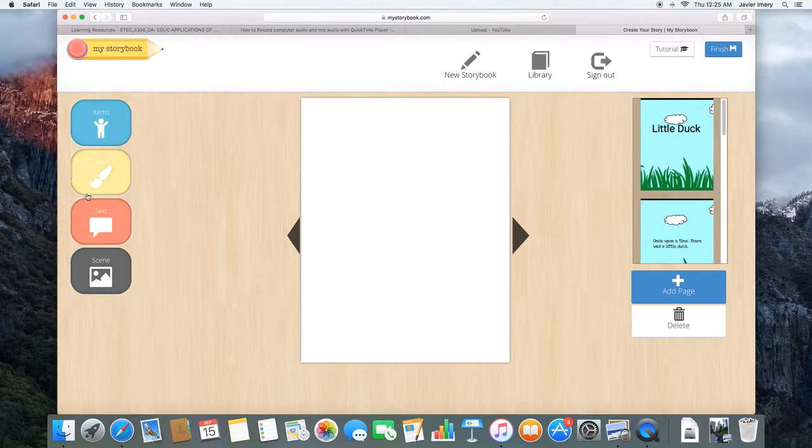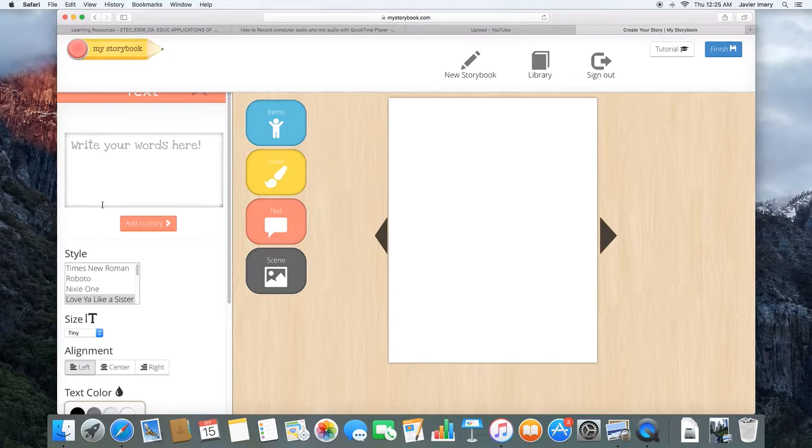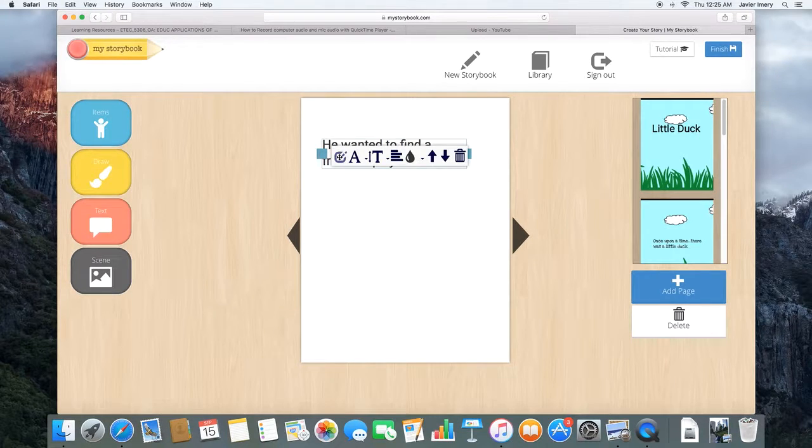Now what can I say about my little friend? I can see my students just brainstorming, coming up with ideas and writing their own story. This is just wonderful. Let me change to Roboto. And okay, so my friend, he wanted, and he corrected my grammar right there, to find a friend to play with. Okay, let's add it to the story. Moving it here,